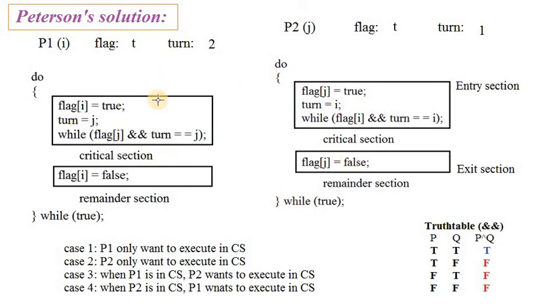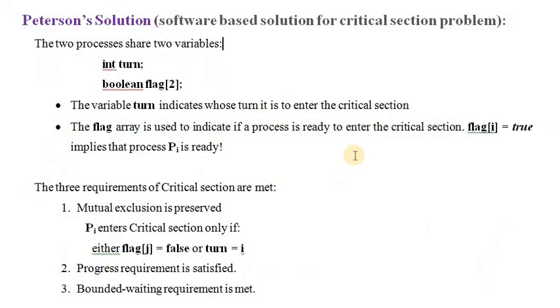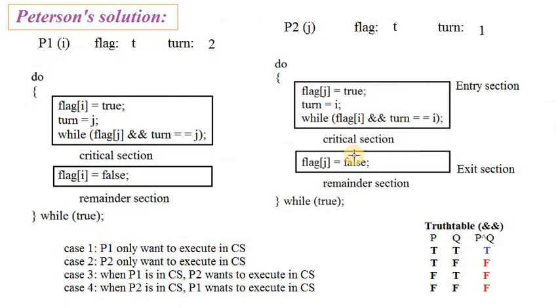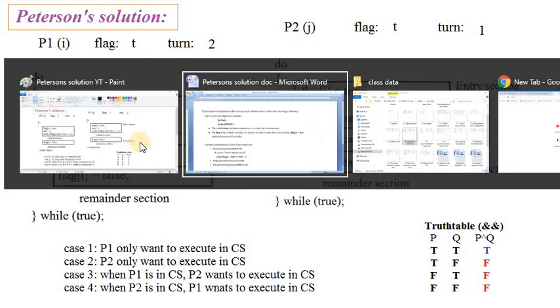So, understood all this? Then we should discuss the requirements of the critical section. What are the requirements of the critical section? Mutual exclusion, progress and bounded waiting. Whenever a solution is made, like the Peterson solution, that solution should satisfy all three requirements of the critical section. Then only will it be a better solution for the critical section problem. In this solution, we successfully restricted both programs from one another. When P1 is there inside, P2 is restricted. When P2 is there inside, P1 is restricted. Let us check all three requirements.